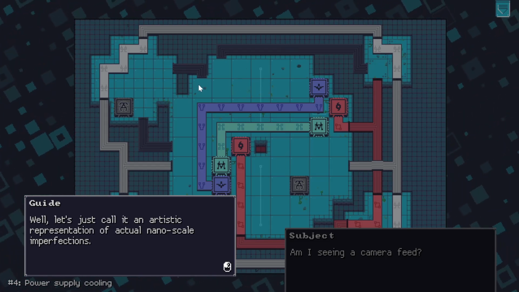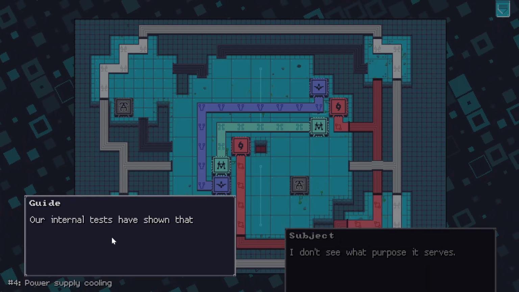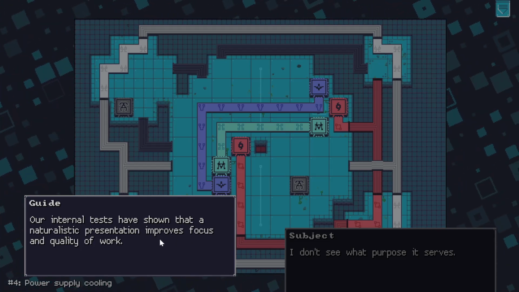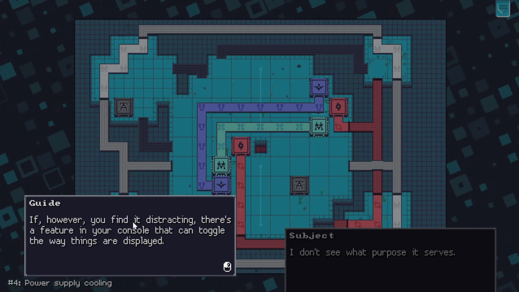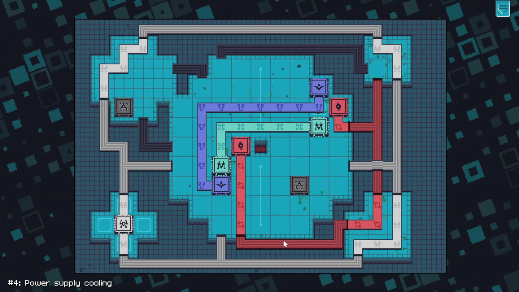Oh, you mean like the floor, like the tiles. Oh, okay, what? I don't see what purpose it serves. Our internal tests have shown that a naturalistic presentation improves focus and quality of work. If, however, you find it distracting, there's a feature on your console that can toggle the way things are displayed,